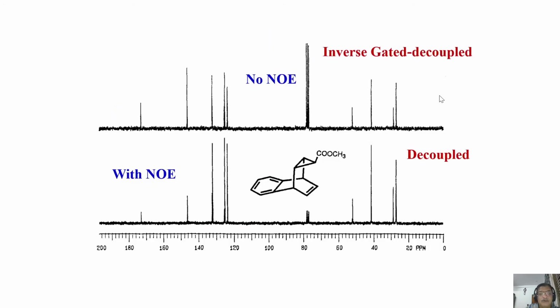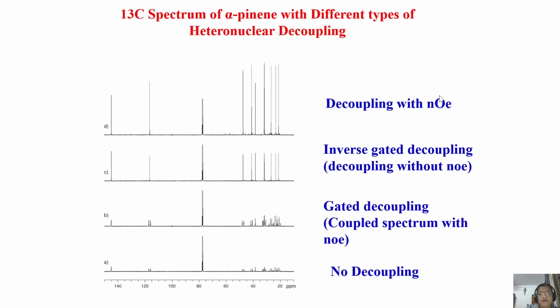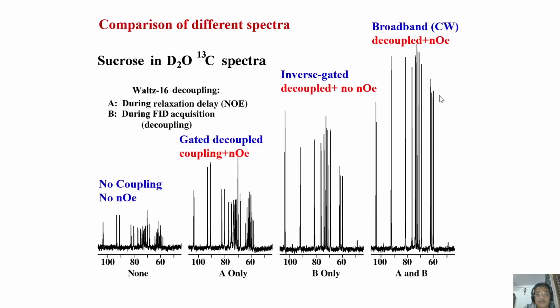And there are a number of ways of doing the decoupling, and I don't want to tell you all those things. But decoupling nowadays can be done with lots of pulse sequences. This I showed you: how decoupling helps when there is no decoupling, gated decoupling without NOE, with NOE, without NOE, and finally a broadband decoupling with NOE. Finally, decoupling helps you with NOE to get a very good signal to noise ratio compared to the one which is without decoupling and without NOE.